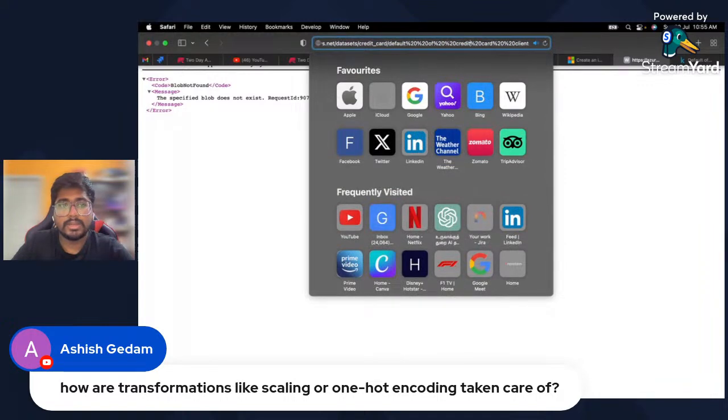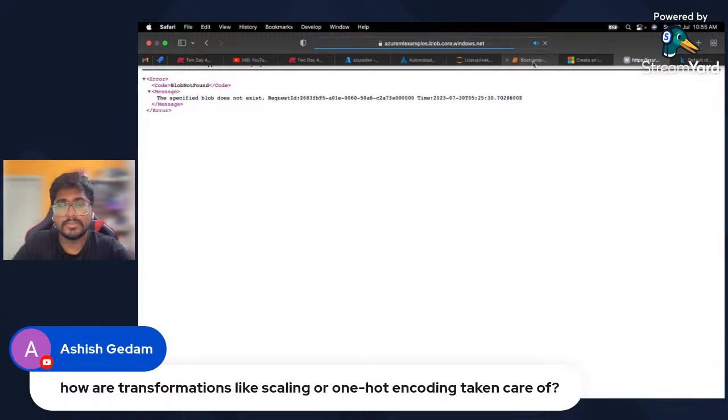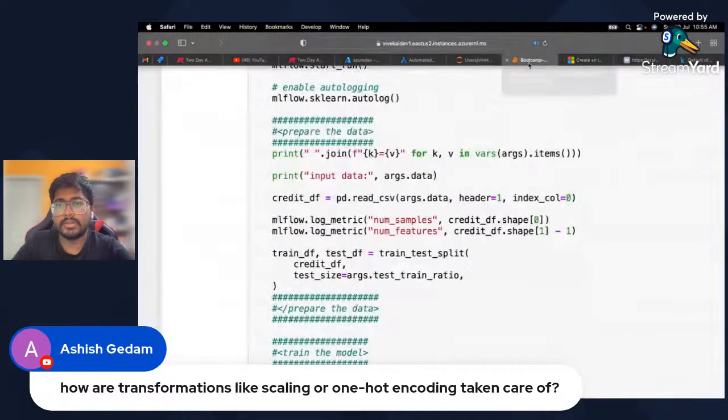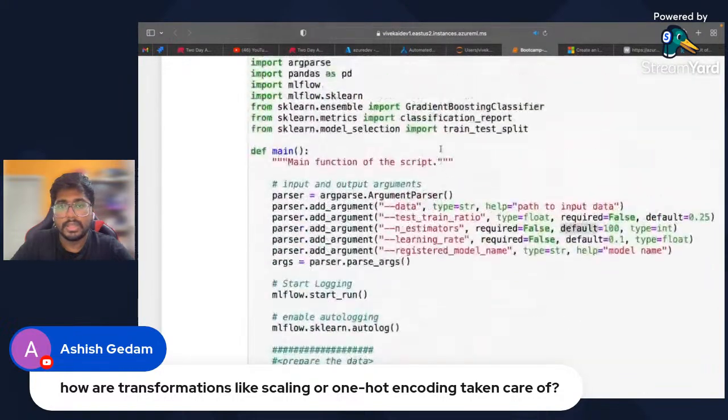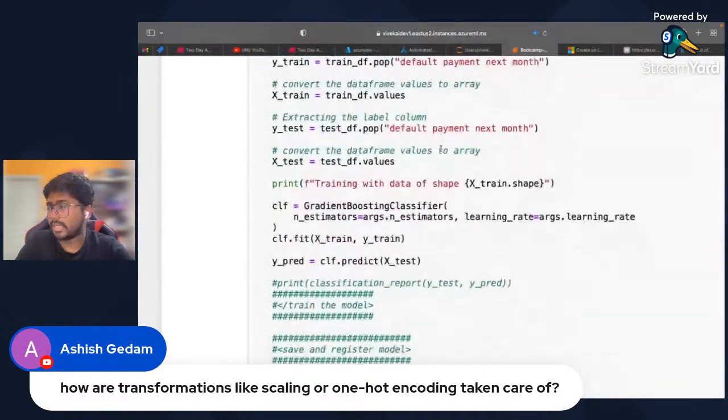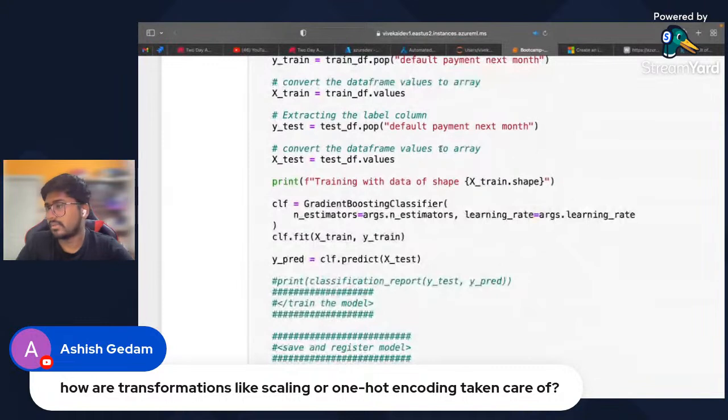One second, just let me open the data set and show you. Wait, so that you will get an idea. It's numerical data. I think there is no string data available in this one, so no one-hot encoding is taken care of here. We will see about this feature engineering part a little bit later. The reason why I'm not emphasizing it is that we are going to see how you can take care of your feature engineering without doing it yourself. Your automated machine learning will take care of it.